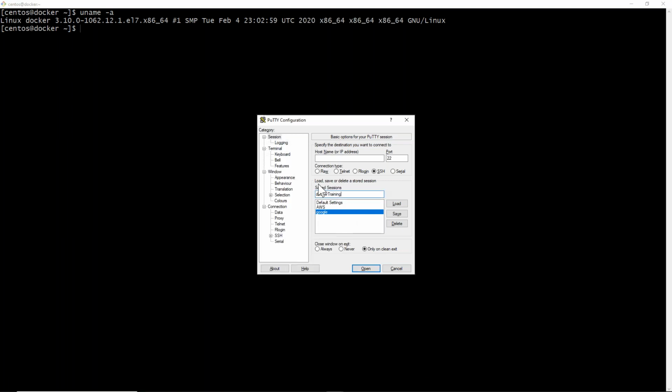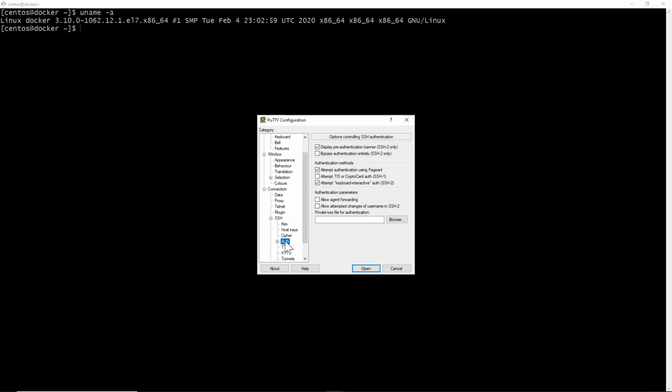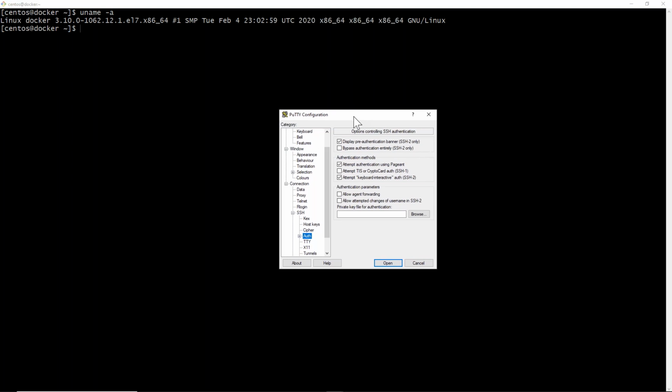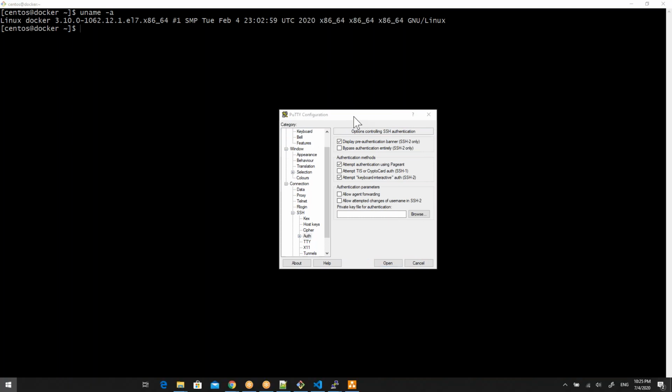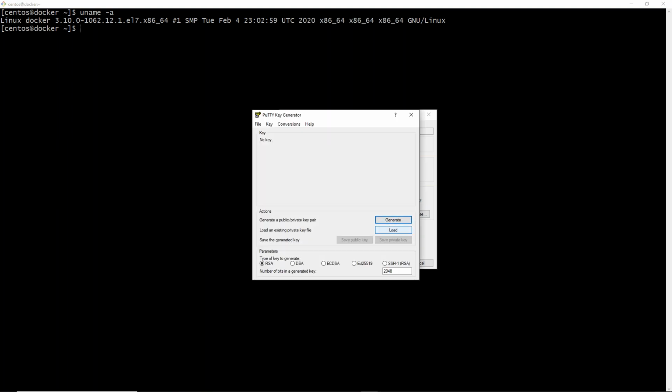Give one session name, then go to connection data and give your username, CentOS. You need to provide your PEM file also, but Putty will not accept a PEM file. Putty has its own extension called Putty private key, PPK. So you need software called Puttygen, already installed with your Putty software.